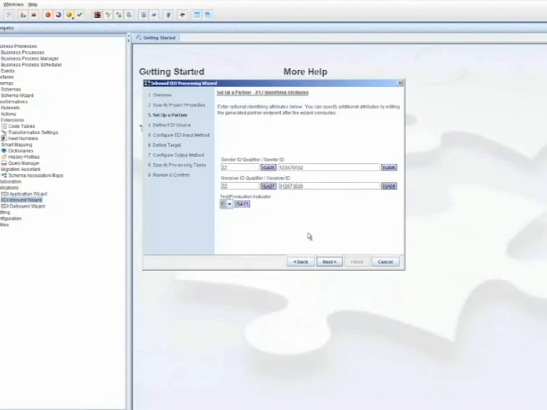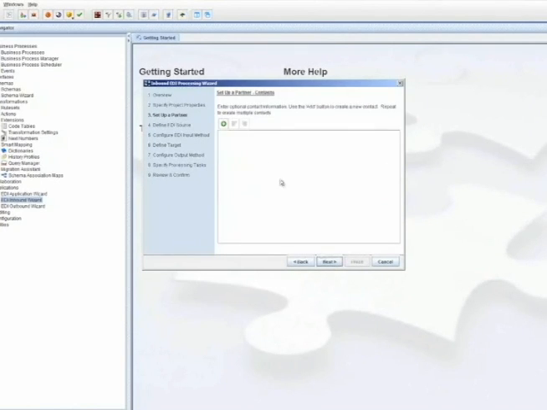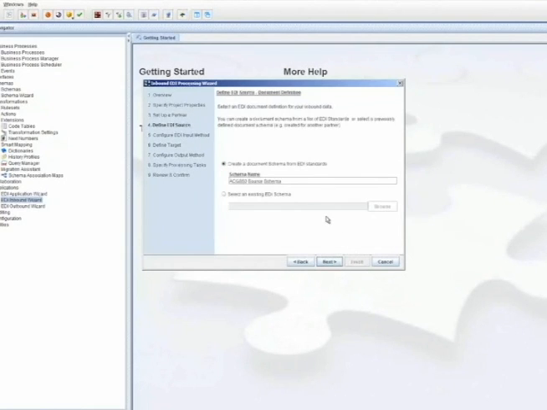I could also use our partner onboarding tool that will take sample data and apply a template to it, extract this information, and automatically build an endpoint hierarchy for me. It's very cool, very rapid tool to build integration partners. I'm going to pick my group code, which in this example is a PO. I'm going to just pick a controlling agency, version 10 release, and I'm going to create a document schema now